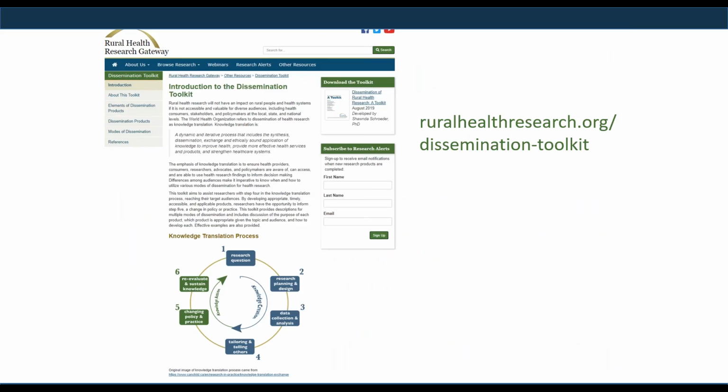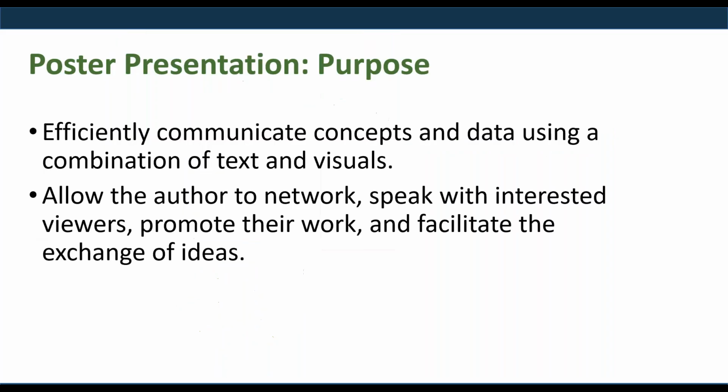And in our online version, it's actually interactive. So I've put the link there for those of you who are interested. And in the left-hand column, you'll find areas where you can click poster presentation. It'll bring you to the tips and guide for how to do a good poster presentation. And then in the top right-hand corner, they will have examples for you to click through. In fact, you will actually have examples of the better poster format directly from this website as well. So I'd encourage you, if you're interested in other modes of dissemination, to visit this website as well. Next slide. Today, I'm really going to only focus in on one, though, and that would be the poster presentation.